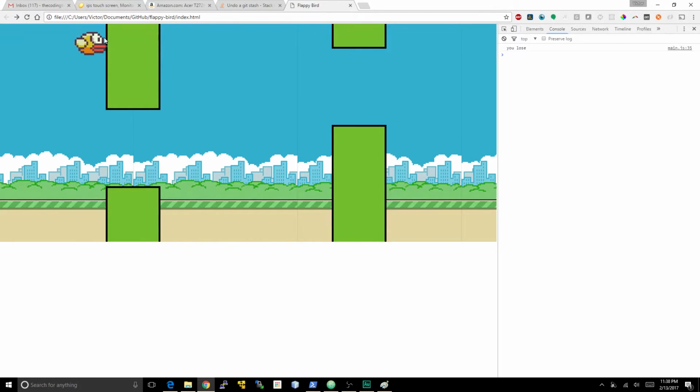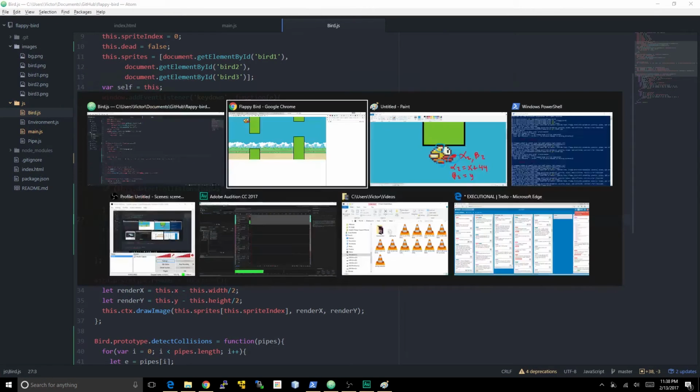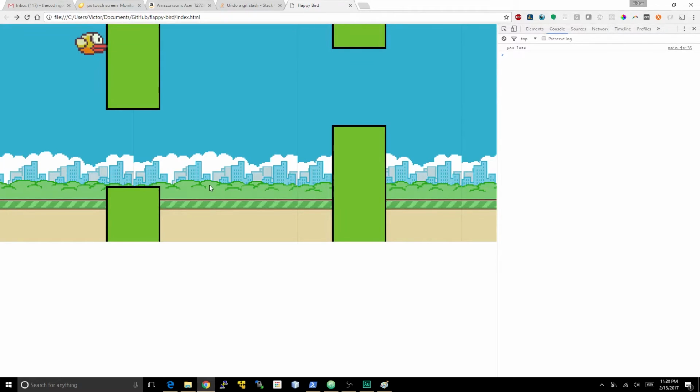Exactly what I wanted. Before I made that change, the bird would have had to go in all the way until one of these 2 points up here was in contact with the pipe. Now I've fixed that. It's a lot better. Next thing that I want to do is